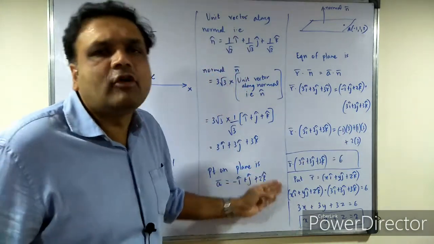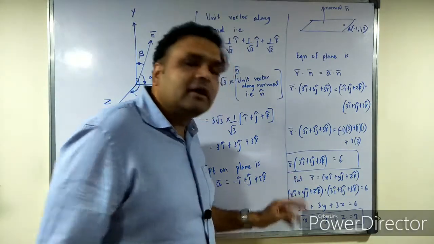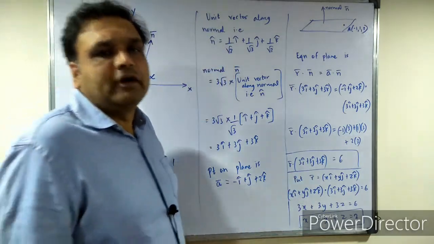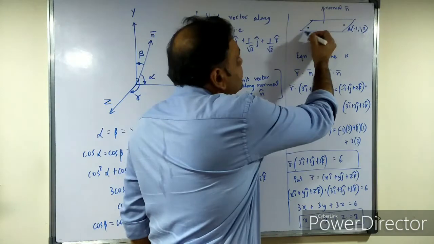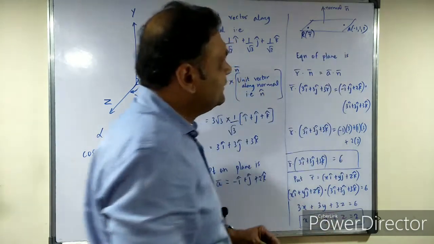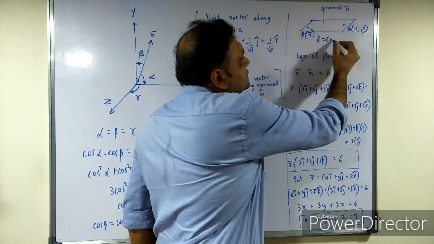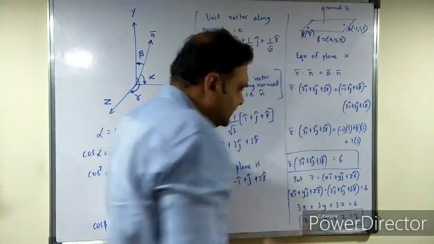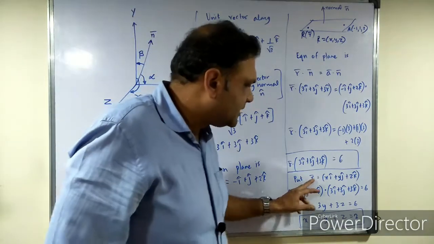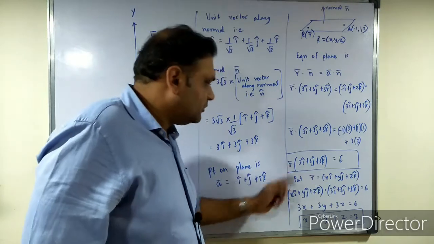This is the vector form of the equation of the plane. Now how do we find the Cartesian form? What is r bar? The position vector of any point on the plane. For example, if some point on the plane is capital R, its position vector is small r bar. Now what will be capital R? Capital R basically would be x, y, z, any point on the plane. So I'll put small r bar as xi plus yj plus zk cap. Remember this procedure.